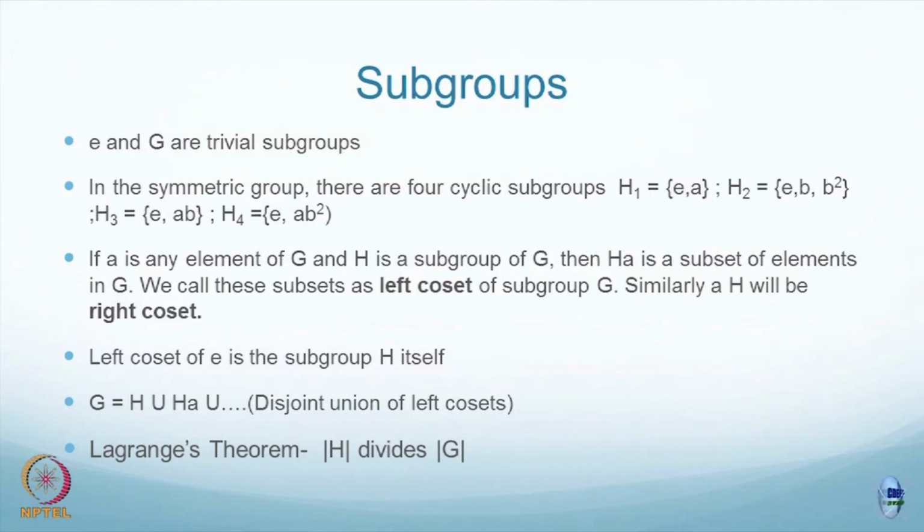What is Lagrange's theorem? Lagrange's theorem says that if you have a group of order G, for example, in the symmetric group you have order 6, the order of the subgroup should divide the order of the group. So, because it is an order 6 group, the subsets could be of size 6, 4, 3, all possible subsets. But what you see is that it is only 2 and 3 which divide 6. So, you will have only an order 2 subgroup or an order 3 subgroup, which is what is seen here.